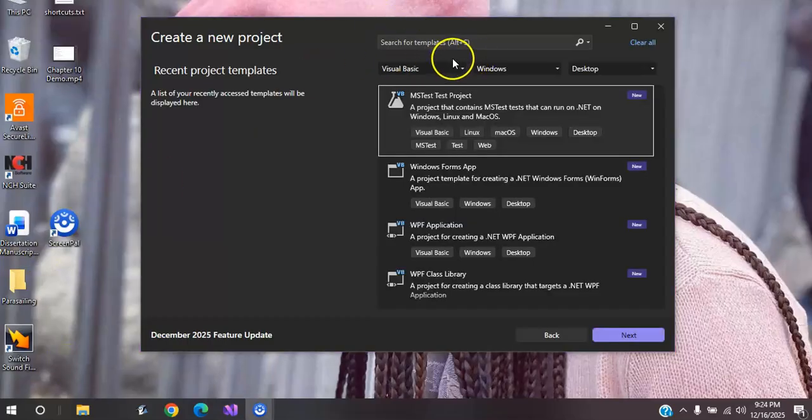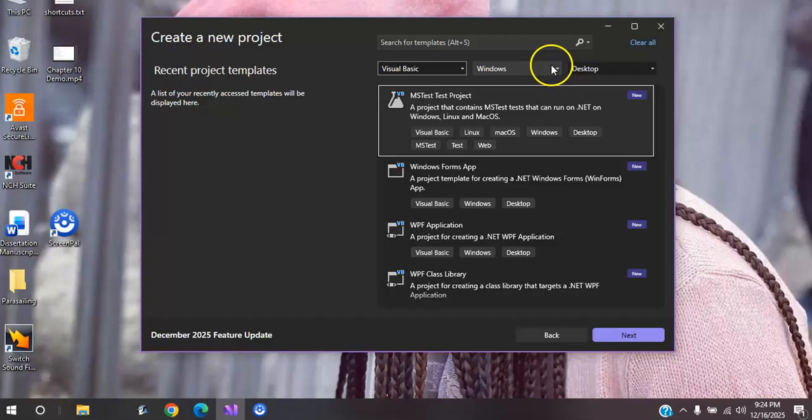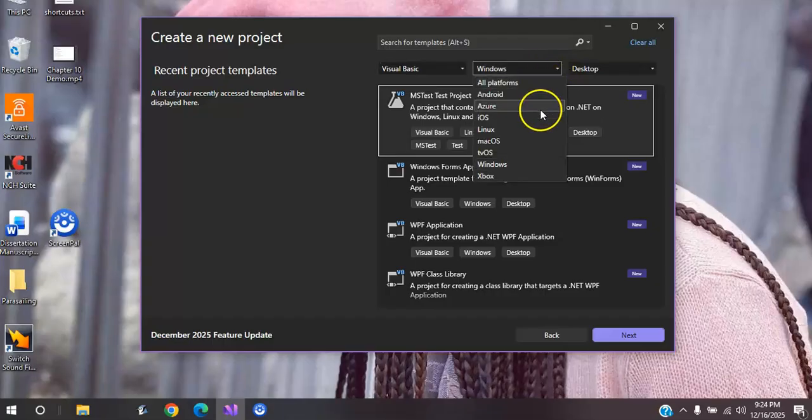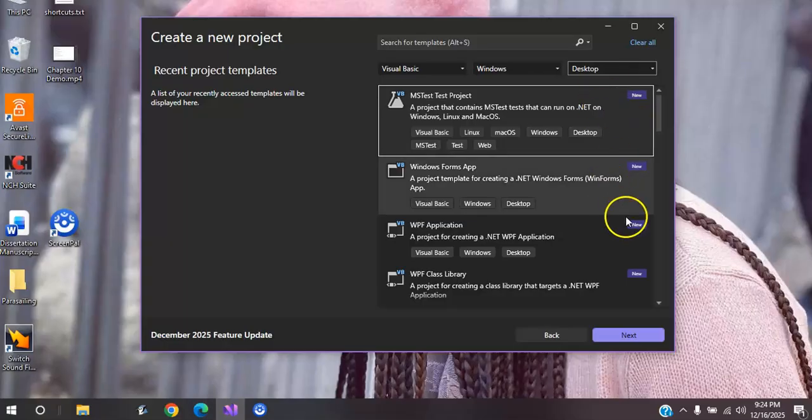Once it opens, yours may not look like this because you haven't made any selections yet. But what you would do is, for programming language, you will select Visual Basic, okay? And for platform, you're going to select Windows, and here you're going to select desktop for the type of